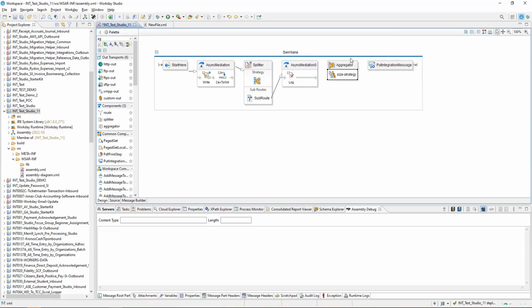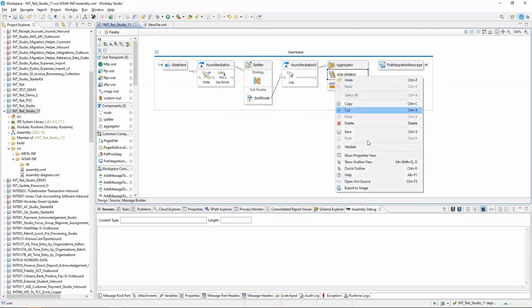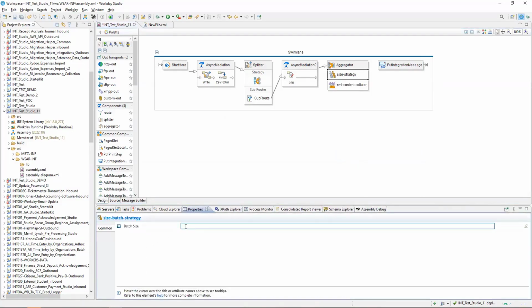So first we do a size batch, a size strategy. And then we do an XML content collator, which is just the opposite of that, right? So these are the three things. Then now you have to set the properties in the size batch strategy.